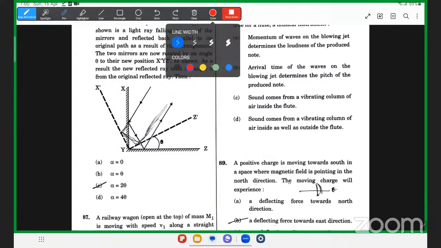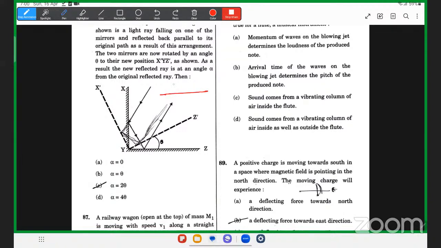अगर हम किसी मिरर को थीटा डिग्री घुमाते हैं तो ये जो रिफ्लेक्टेड लाइट रे है ये रोटेट होती है 2 थीटा। तो 2 थीटा बनना चाहिए।